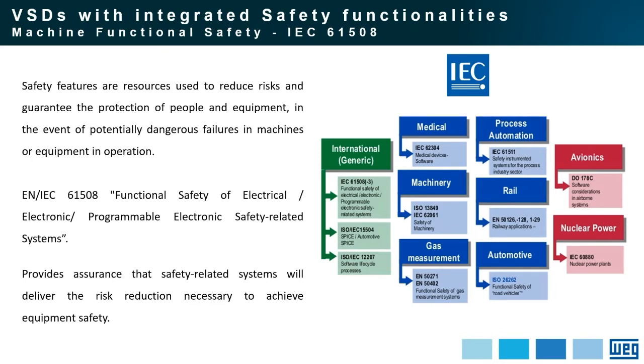What is important here? This is a generic standard, but it has international coverage and is applicable for several applications. We can see here that this standard is used for medical, process automation, automotive safety, avionics, and including nuclear power. We will focus today on the standards that are part of this one that define the conditions for machinery. And so we'll talk more about the ISO 13849 and IEC 62061 concerning safety of machines.